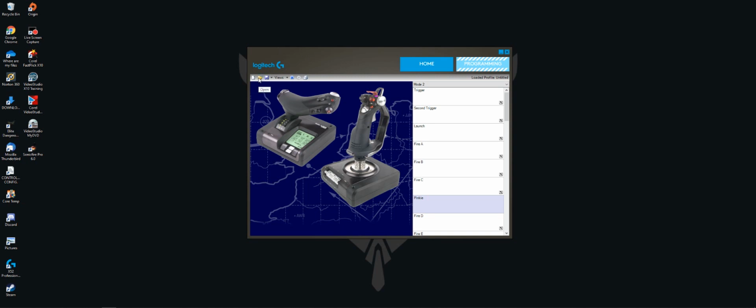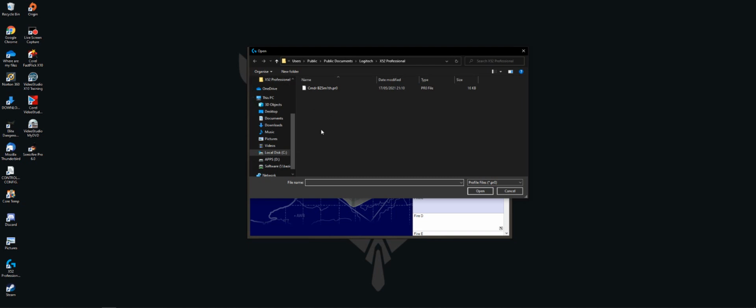So what you need to do is click on the little yellow folder, open, and you should see whatever profiles you've set up. Single click the profile, press Ctrl C to copy, Ctrl V to paste, and it creates a copy. What you need to change is everything up to the .pro. Do not remove the .pro, otherwise the profile won't load or won't display properly. So I'm going to change this now to